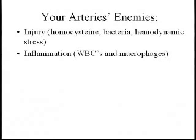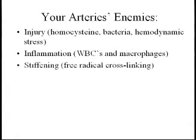There's going to be an inflammatory response. The white blood cells are going to come in. The repair cells are going to come in. And if they have the right nutrients and cofactors to do the repair, everything is fine. But if they don't, that inflammation will trigger a whole series of problems. And one of the things that happens is you'll have a buildup of free radicals in the area of the